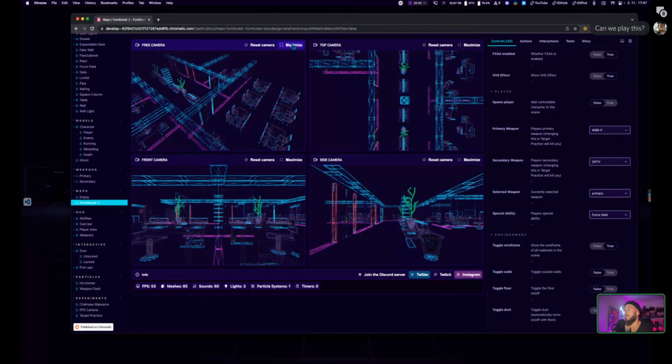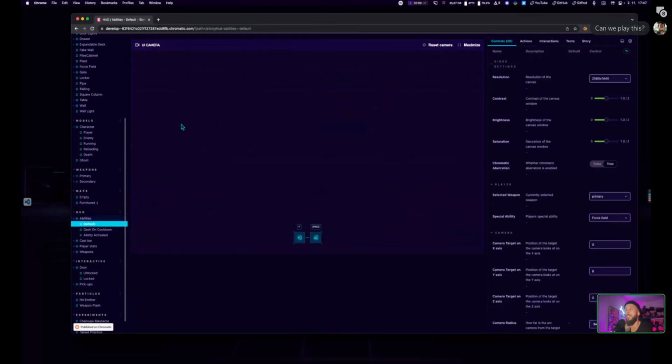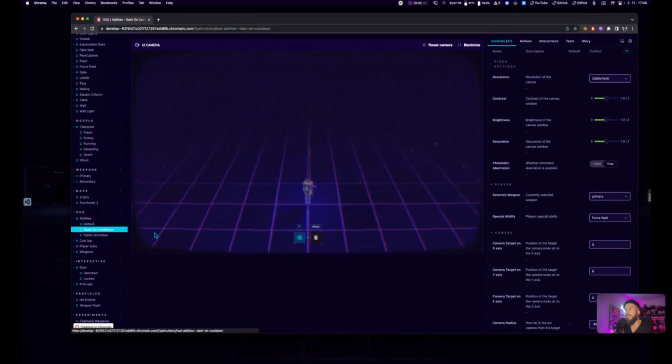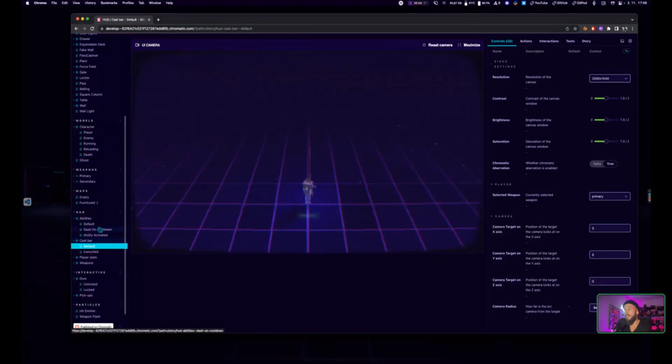Also, obviously, I can work on the UI. This is just a screenshot, and I have the UI. This is abilities, which is your main ability and your dash. So I have a dash on cooldown, and then an activated ability, which counts down and then starts the cooldown. I can test my cost bar. So when you're reloading and you cancel the reload by, for example, dashing or shooting or changing weapons,